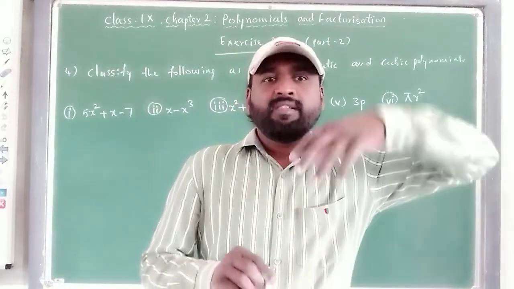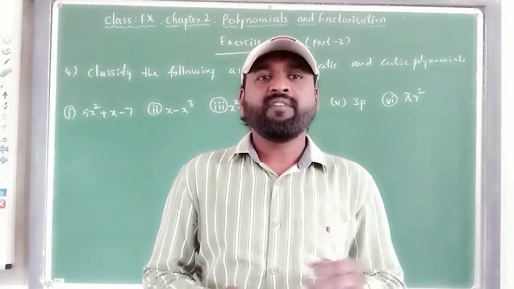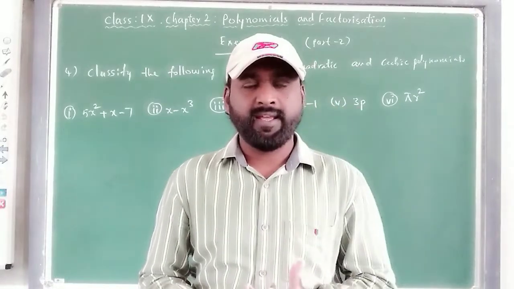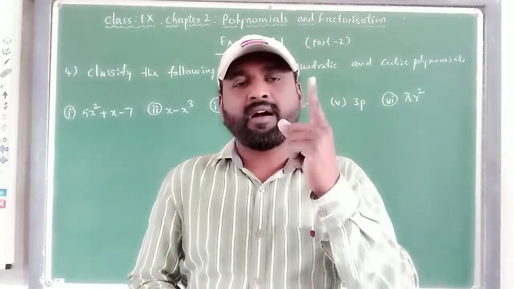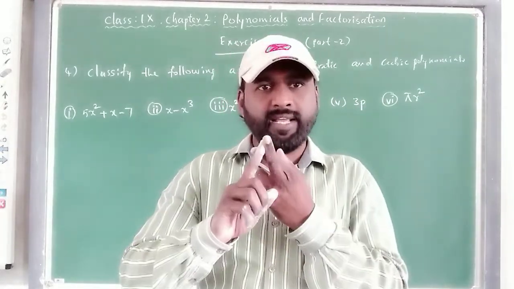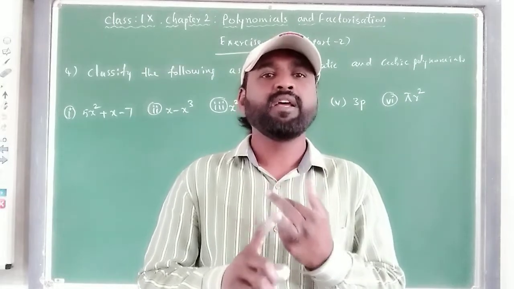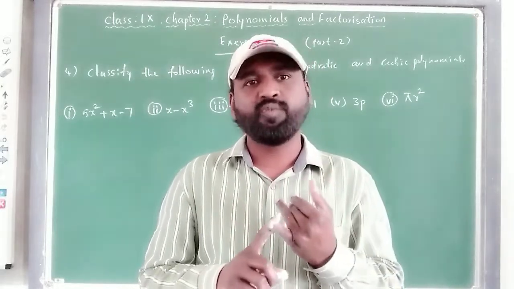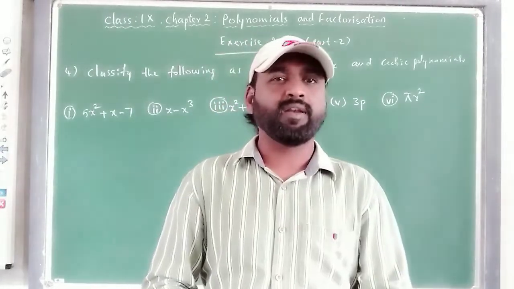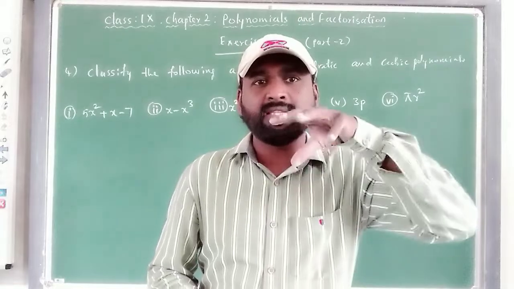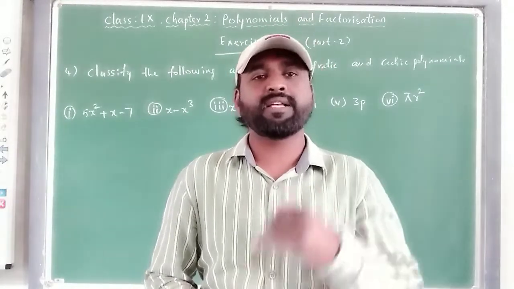That means the variable which is involved in the algebraic expression of the polynomial, the variable's highest degree is what? If the highest degree is 1, that is called linear. If the highest degree is 2, that is called quadratic. If the highest degree is 3, that is called cubic. If the highest degree is 4, that is called fourth degree polynomial. If the highest degree is 10, that is called 10th degree polynomial. So actually based on the degree of the variable, we can classify or name polynomials as linear, quadratic